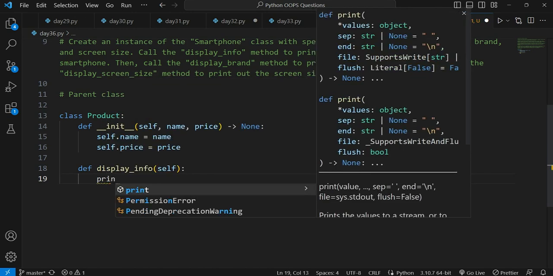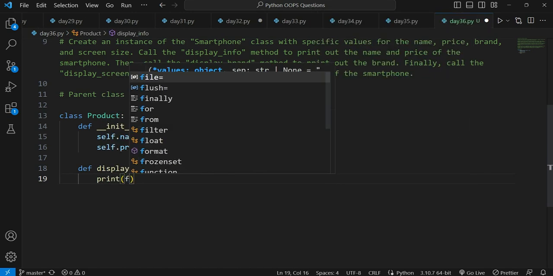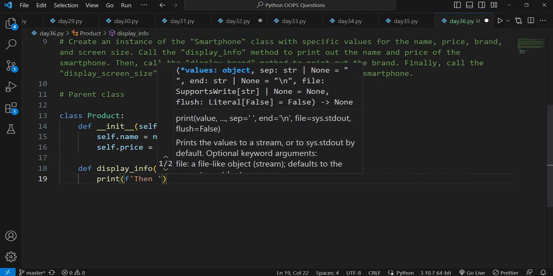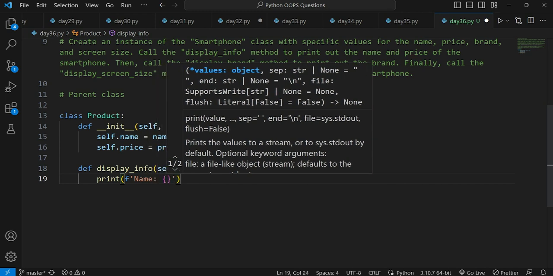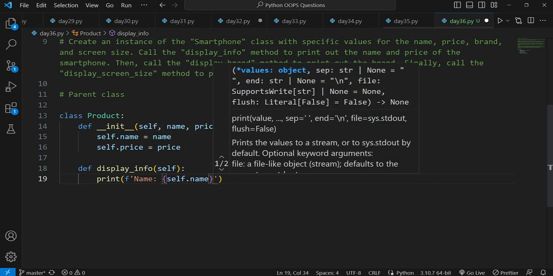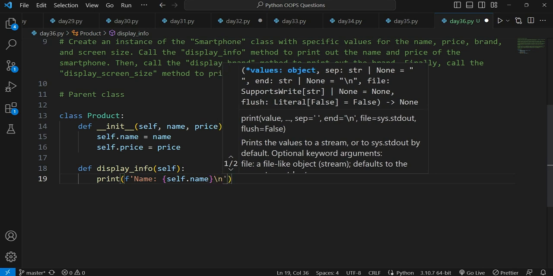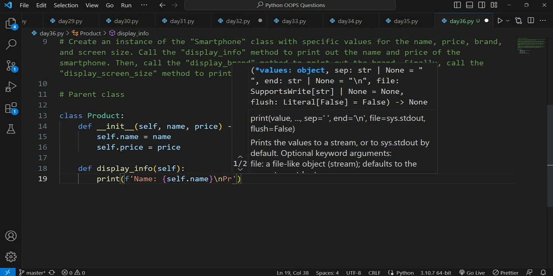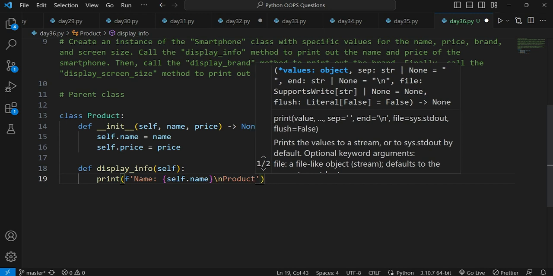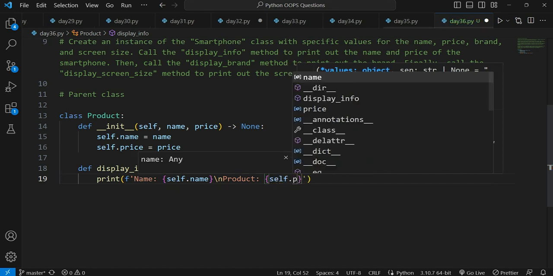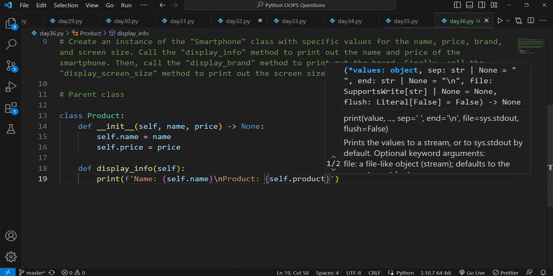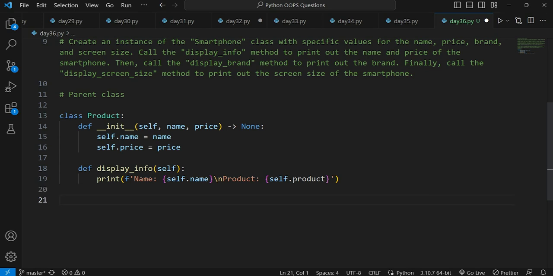So we will be printing it according to the question, that print f string the name, or I can just write name, and I will be saying that self.name, and I will be putting a line break here so that name and product come in two lines, and I will be writing product and put a colon here, and give a space here, and then I will be writing self.product. Now if I just create a temporary instance of product here to show you